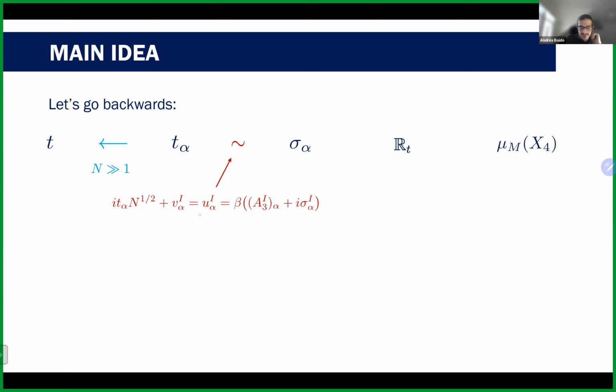This is because you see that UI is defined as the quantity which I wrote here on the right, but when you take the large n limit, your ansatz is the one on the left. So the imaginary part clearly relates T alpha with sigma alpha. On the other hand, as I told you, these scalars, in the geometric engineering picture, parameterize the position of the D2 branes that you started with, in the RT direction in the geometry. And this RT, as I told you, is the image of the moment map.